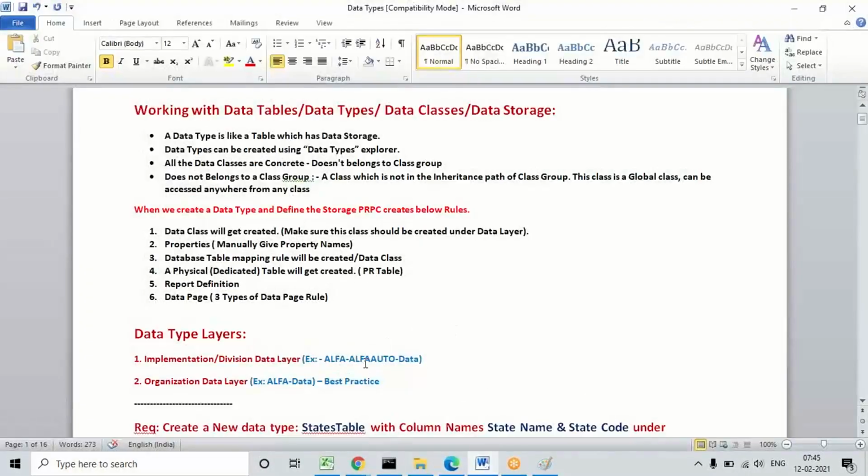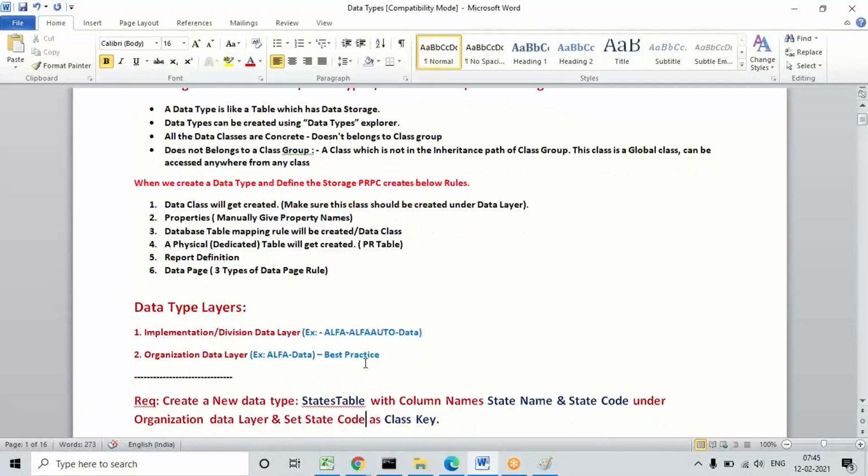Okay, so here I want to add one table called states table. But this usage we'll be using after two sessions, not in the next session. I'll be creating the table today, but this table's purpose and usage we will work on after creating the activity rule. So I'll be creating one table today, giving the name as states table with two columns, state code and state name.